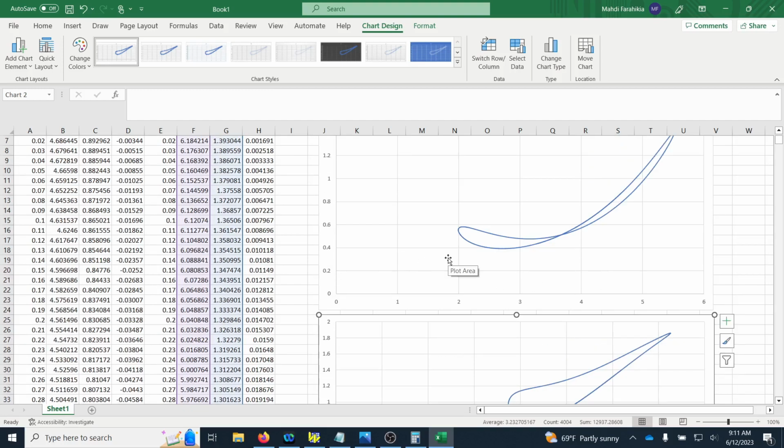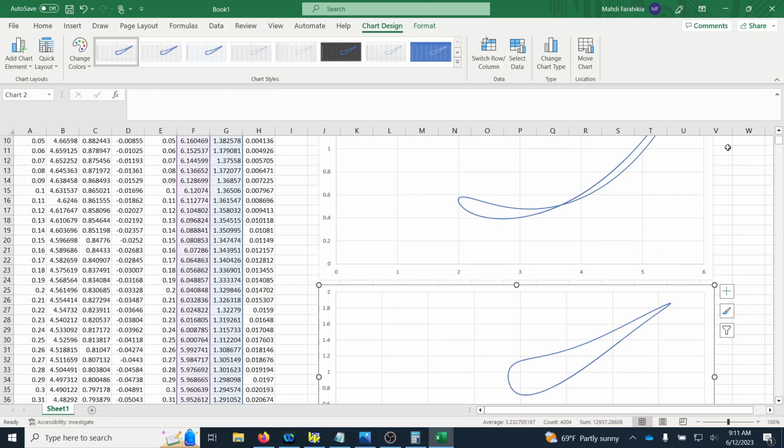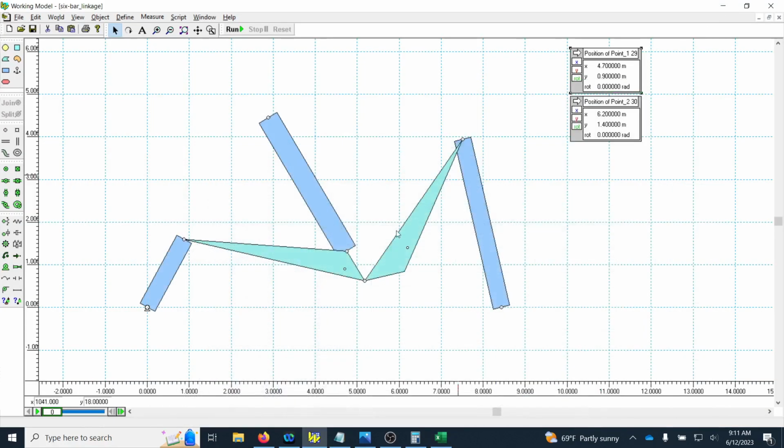You can also do this in MATLAB if you don't wish to use Excel. I'm just showing you how to use the x and y information from that to show the path that each one follows. And you can do this for any point. So if I just get the positions for these links, I can get similar information for them as well. The other thing I want to do, if I remove this from here and from here,